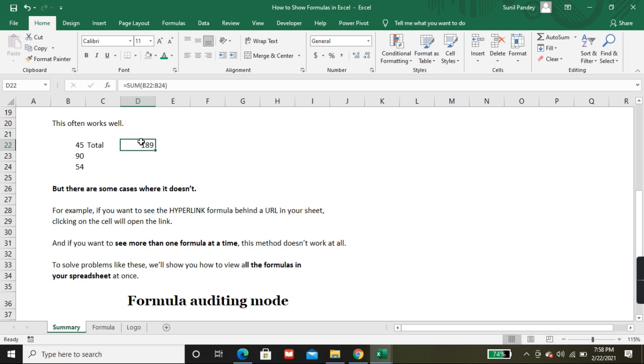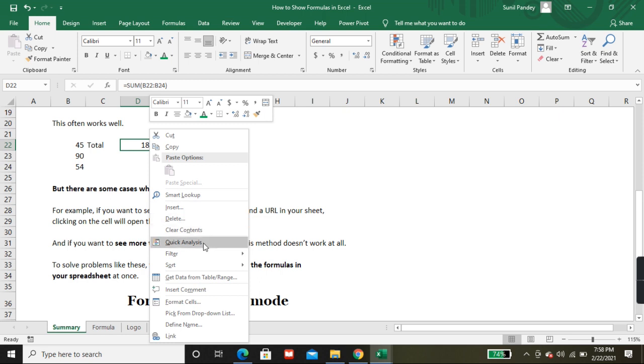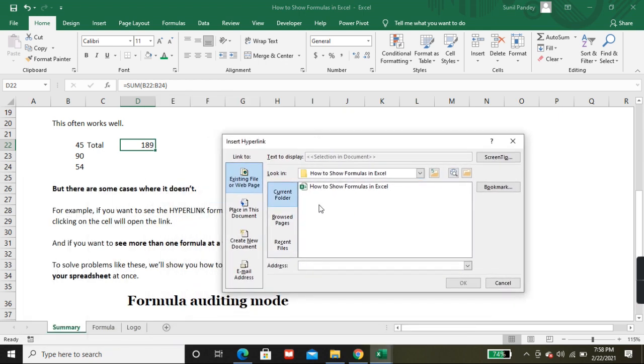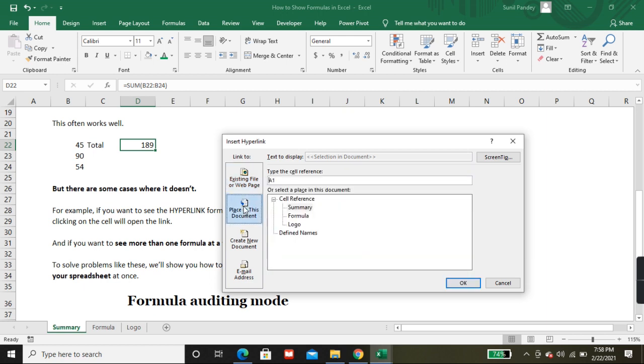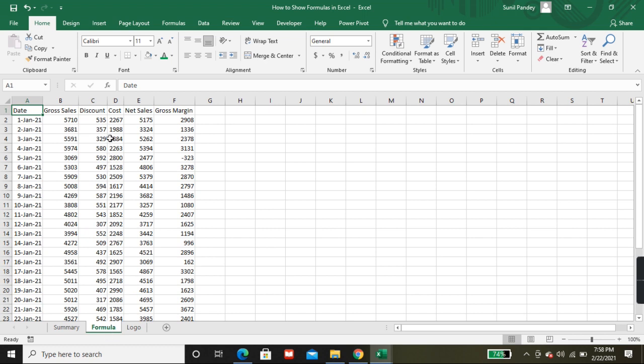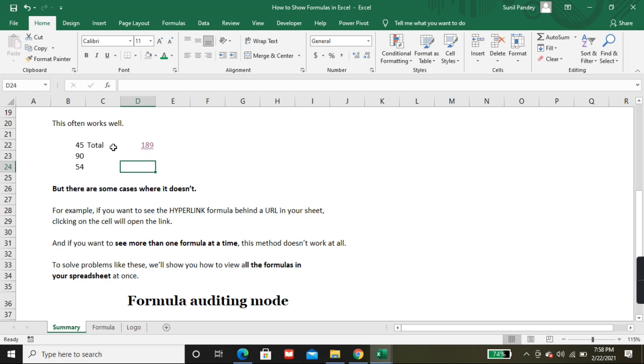We have already put here sum and I have linked the another sheet, like let's see, place this document, and I'll give the hyperlink to the next, the formula sheet. I click OK. In that scenario, if you click on that, the cursor will go to the second sheet. In that scenario, you can't see the formula like this.